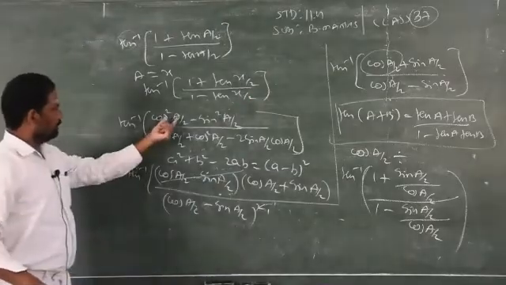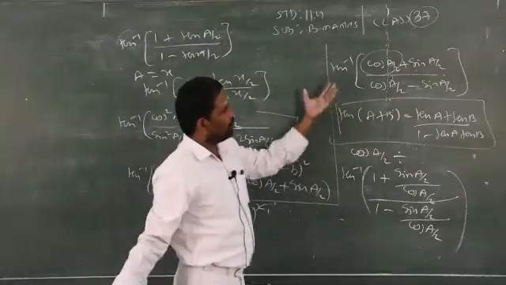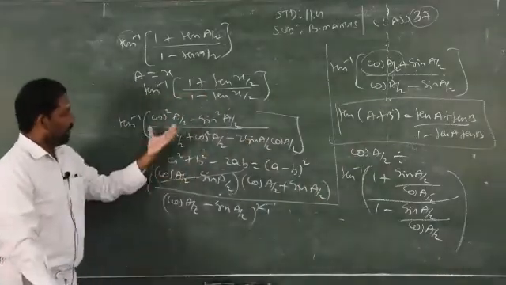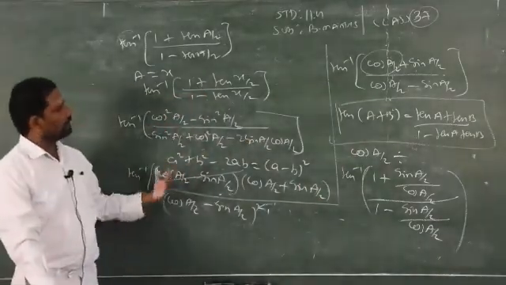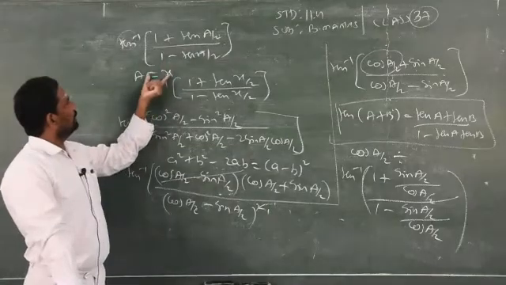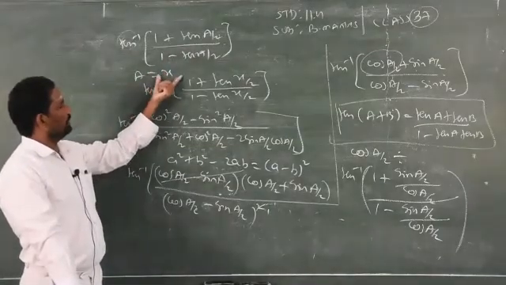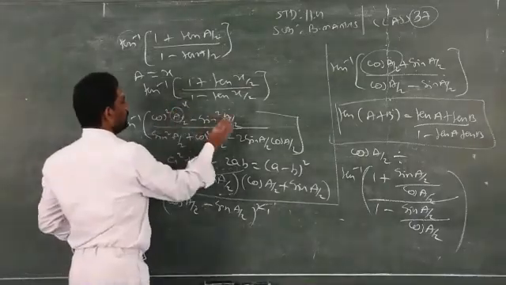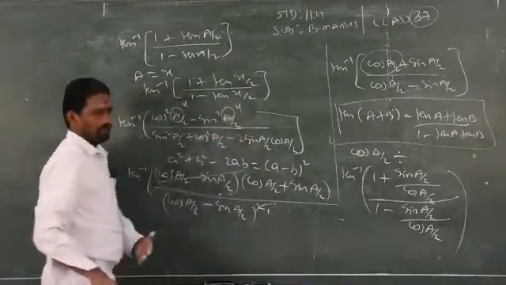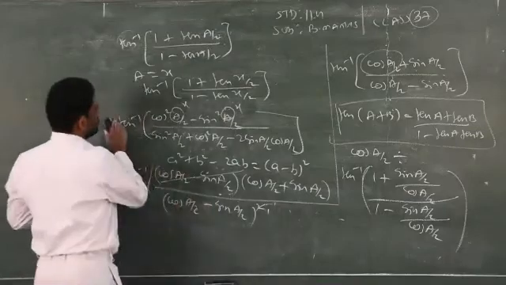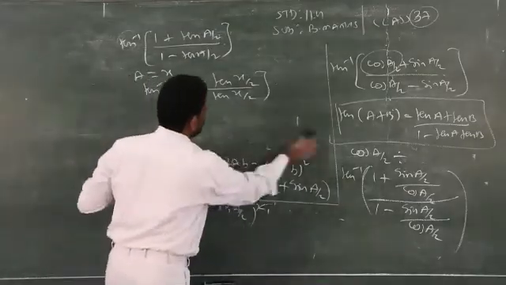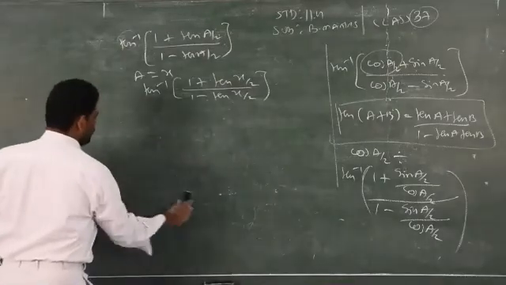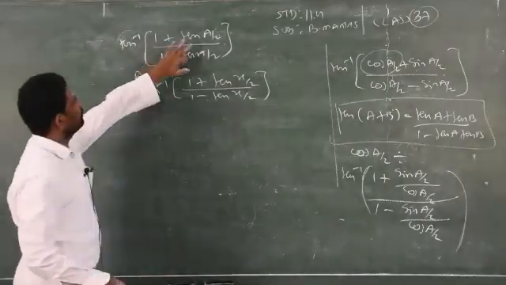Clear? So here I did with a by 2 because you have the formula only in terms of a by 2. So I am using the concept as it is, but in the question it is given in terms of x. So finally after the stage you have to replace a is equal to x, or from the beginning itself you can replace by x by 2 and you will get the answer. Do any one possibility, nothing wrong. We will not reduce the marks when you solve these terms in terms of a by 2. Finally you can change a is equal to x.